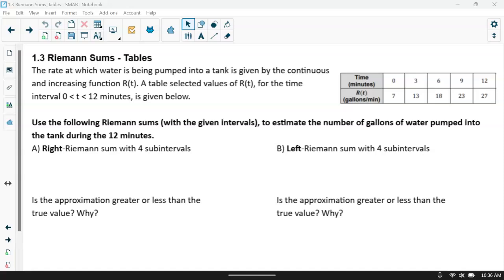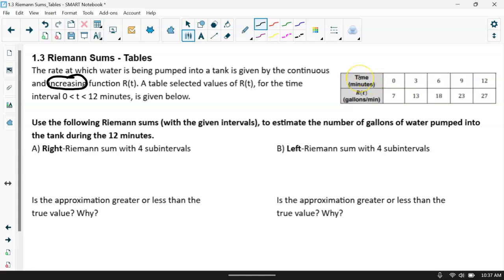In this lesson, we're going to continue focusing on the concept of area under the curve and using the Riemann sums method. However, we're now going to focus on tables, which I think are going to be a little bit easier than the graphs because you can only use the values that are given to you in the table. So here, for example, we're focusing on an increasing function with the water that's being pumped into a tank